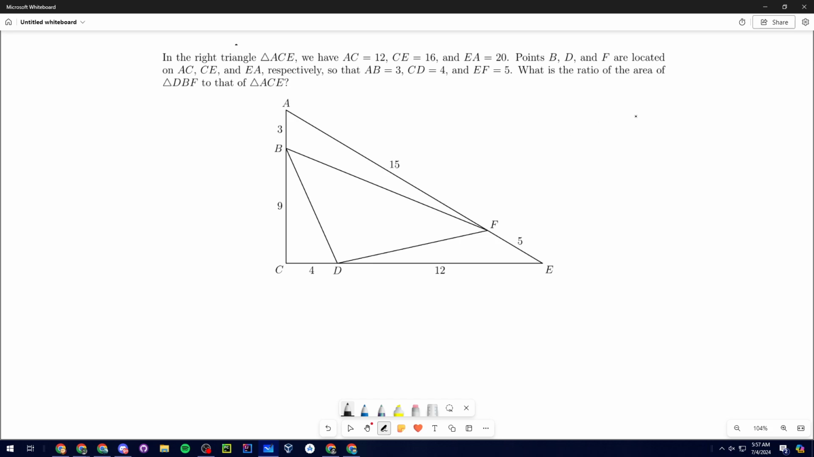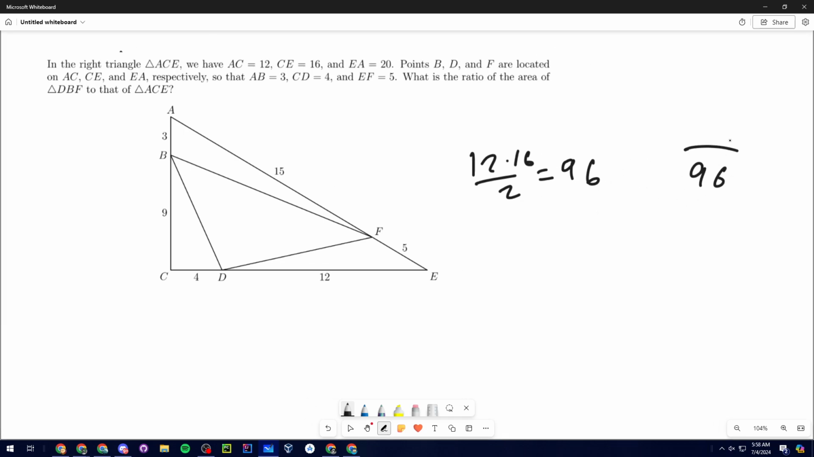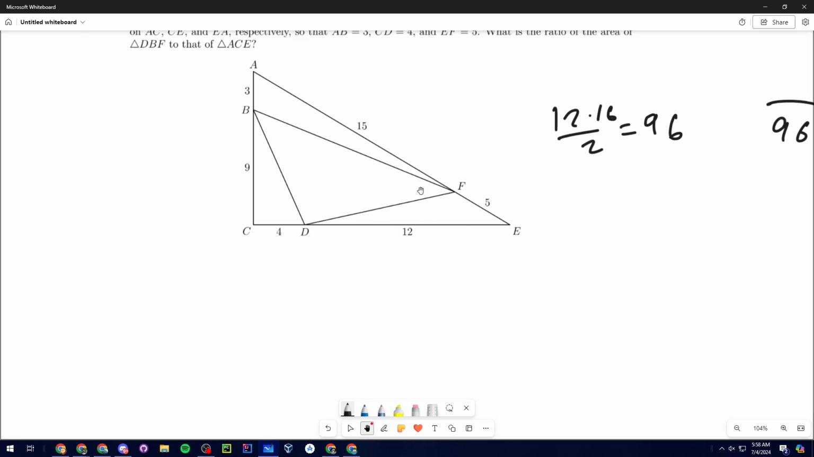Well, what's the area of ACE? That's just a right triangle. That's just 12 times 16 over 2, which is just 12 times 8, which is just 96, right? So 96 over the area of the other thing, and I don't know what it is, but I do know that this point, if we call C 0, 0, then this becomes 0, 9, this becomes 4, 0,